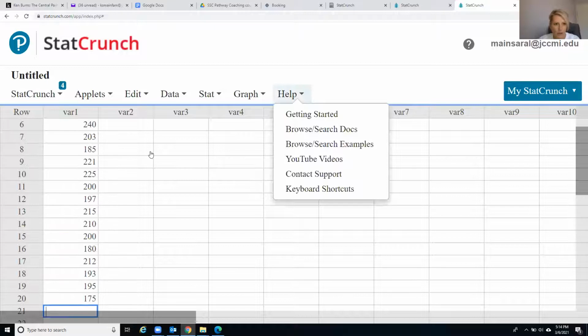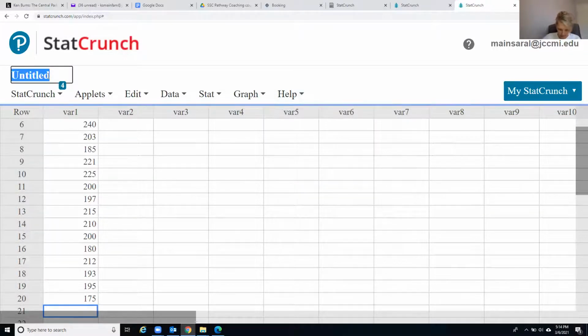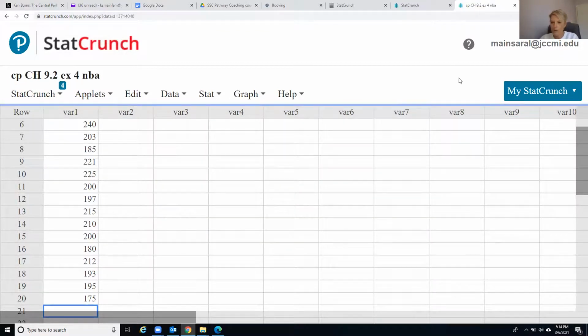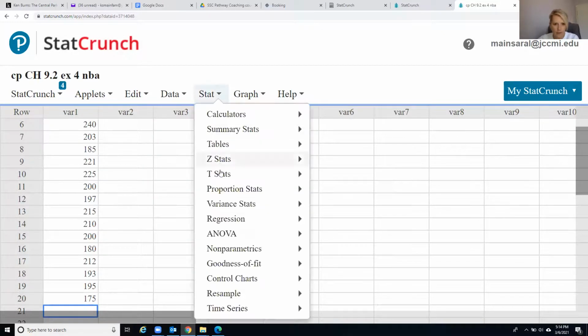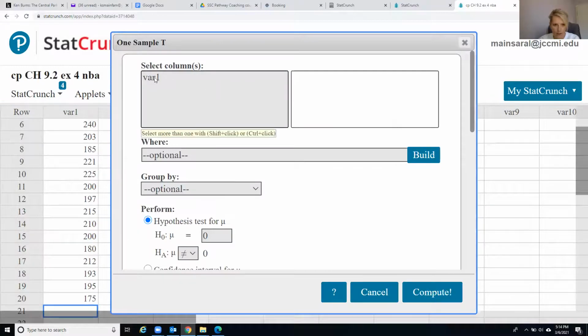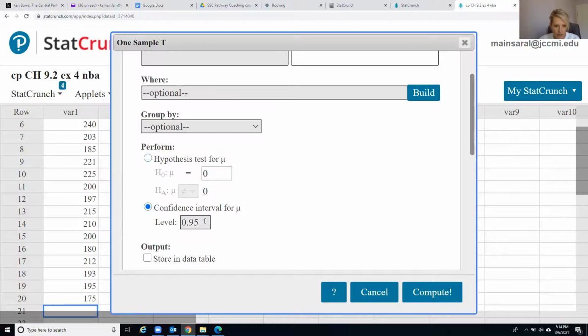Okay, we're in StatCrunch and we have added in our data here. And we are going to go to stat and t-stats, like we said, one sample, but this time it's with data. So stat, t-stats, one sample with data, and we're choosing var 1, that's where we put it. And all of this is going to stay the same, but we're choosing a confidence interval, 95%, and hit compute,